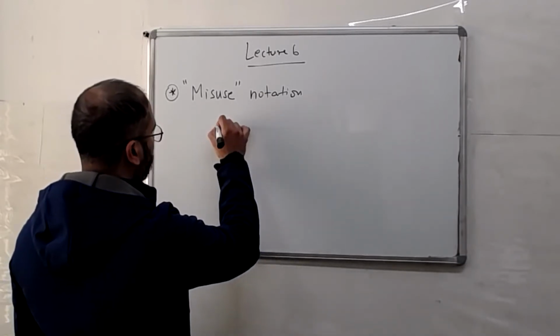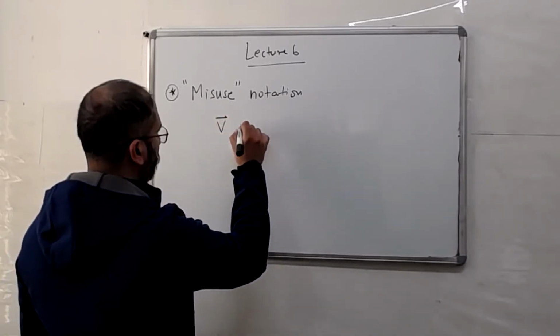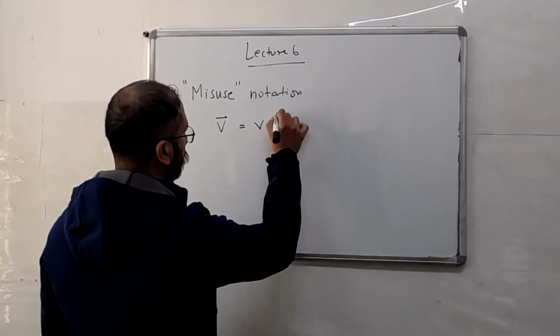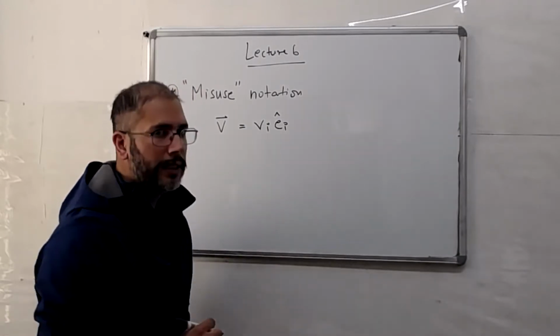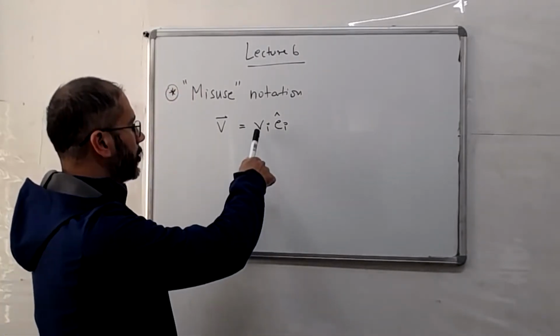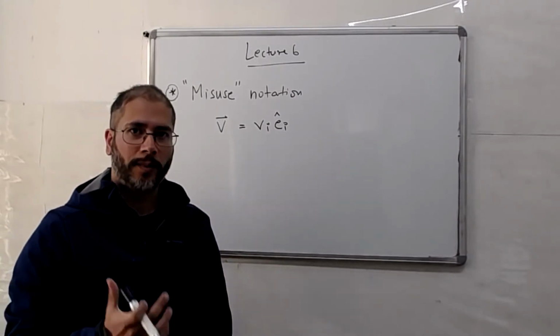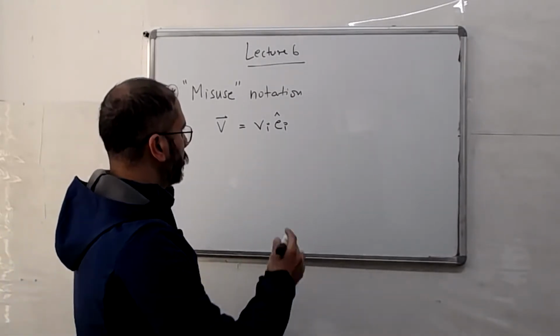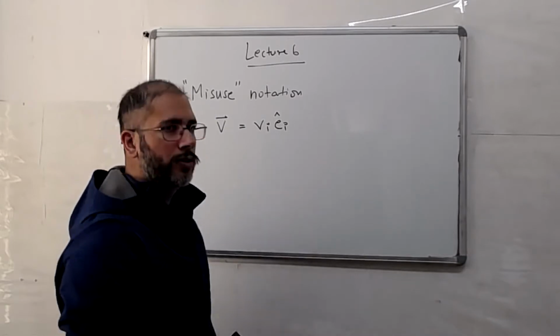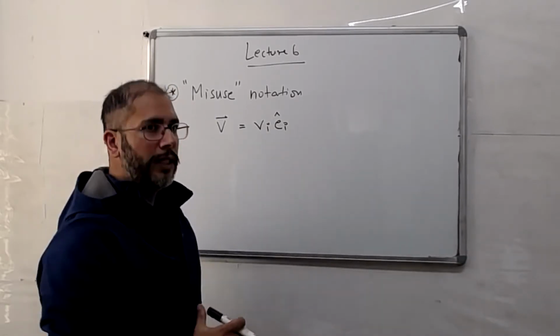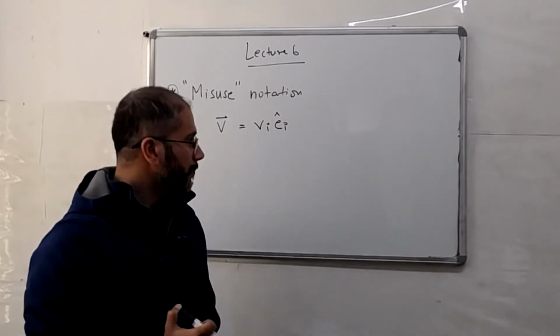When I write a vector in the indicial notation, I've been writing this as Vi Ei. So Vi denotes the component, and Ei the corresponding basis vector. And of course, since we have i repeating here, this is a summation over i, so this becomes V1 E1 plus V2 E2 plus V3 E3.